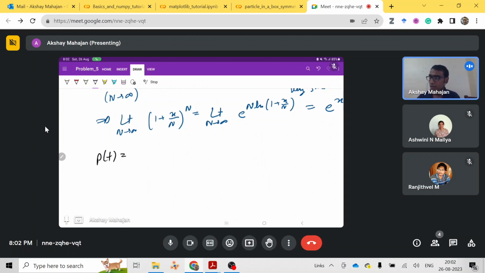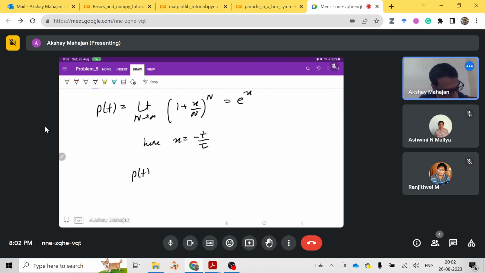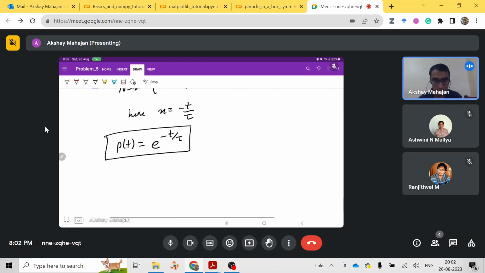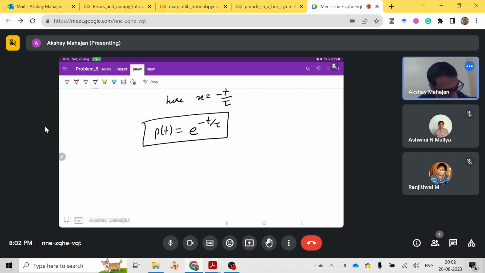So the probability we had is the limit as n tends to infinity of (1 plus x by n) to the power n, and we have found that this limit is just e to the power x. And here our x we have taken as minus t by tau. So our p of t comes as e to the power minus t by tau, and that is what we had to prove. So therefore we can write as